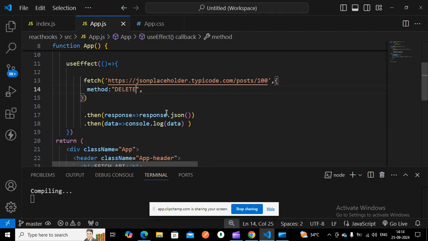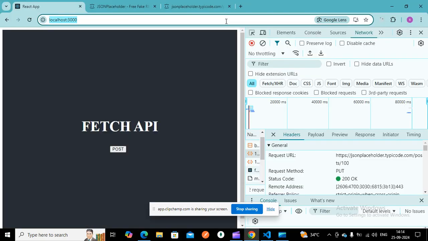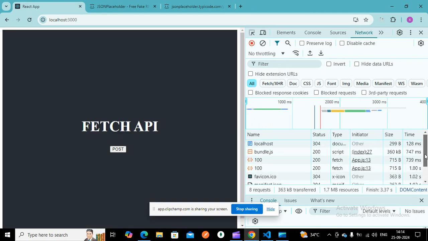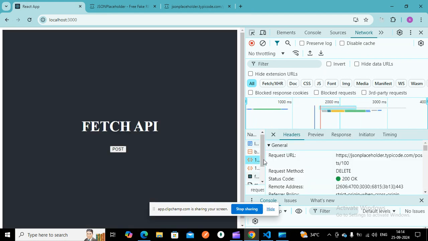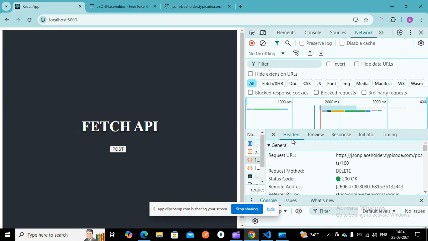So I save this and go back to the browser. I click this and go to this particular 100. My response is that there is no data here because it's deleted. Go to the header. My request is http://jsonplaceholder.typicode.com/posts/100. My request type is delete. My status code is 200.